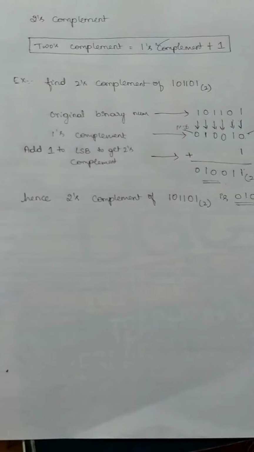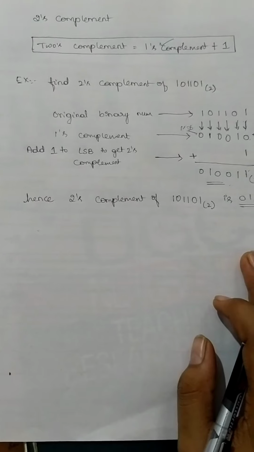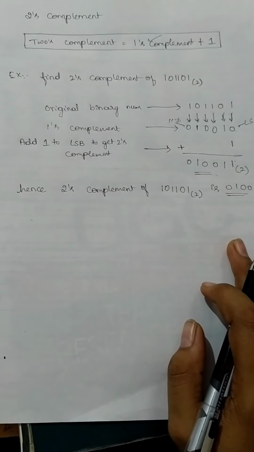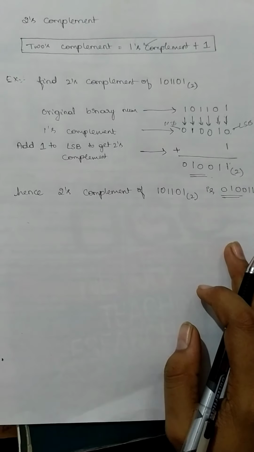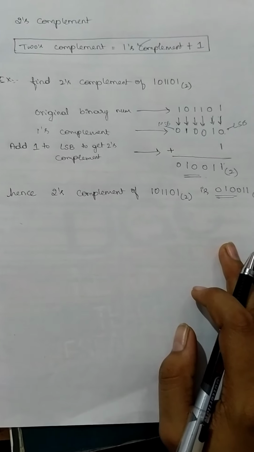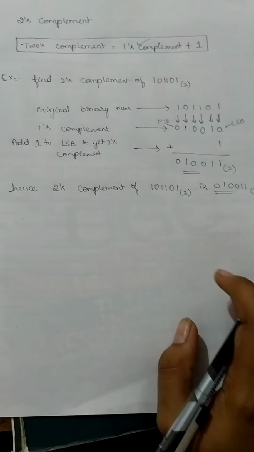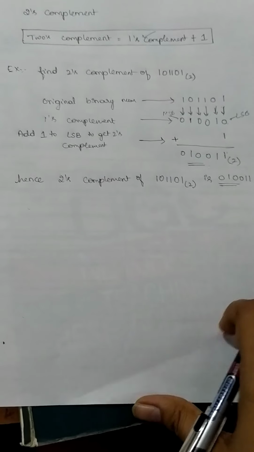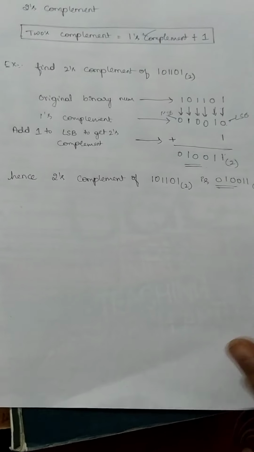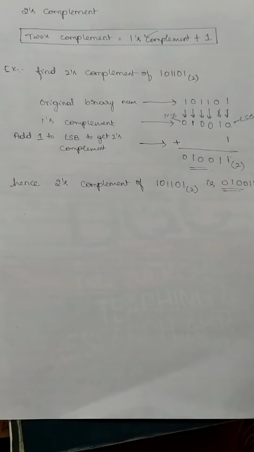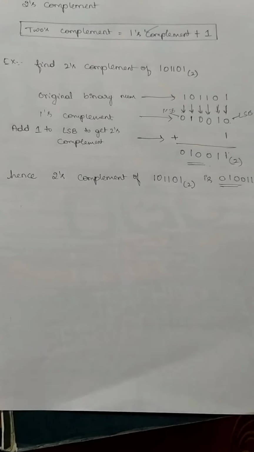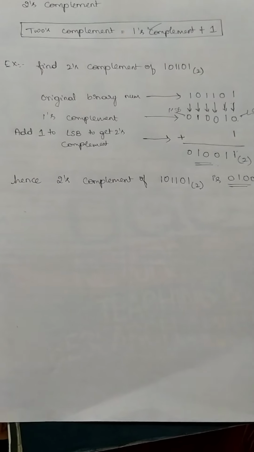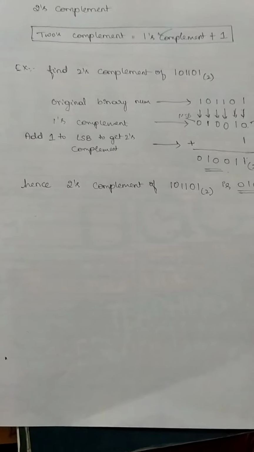Okay, so we are done with how to represent any given signed integer. In three ways we can represent a given signed integer. It can be either in the form of sign magnitude method, ones complement method and twos complement method. In sign magnitude method, if it is a positive integer then we give a sign bit as 0. If it is a negative number we give a sign bit as 1, and the remaining magnitude value must be filled.